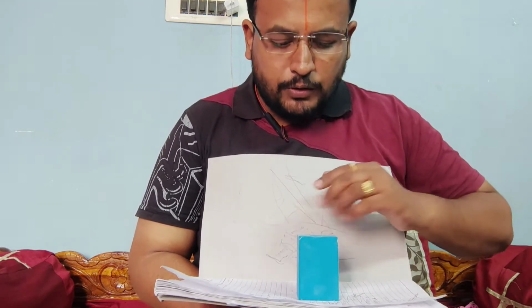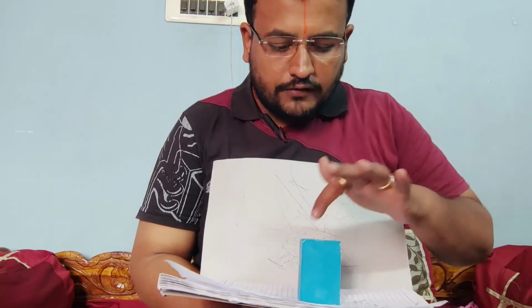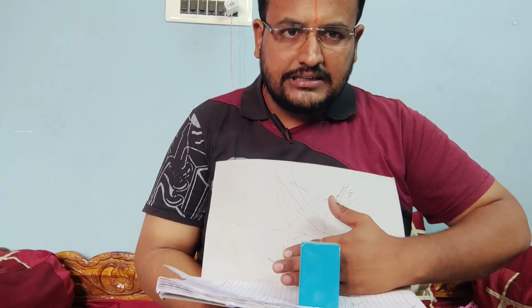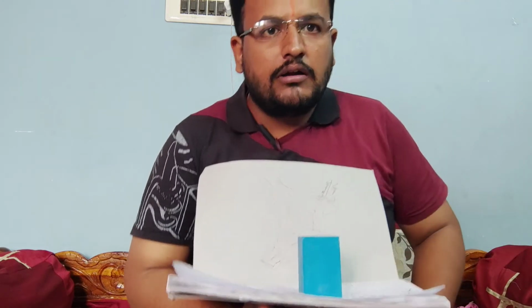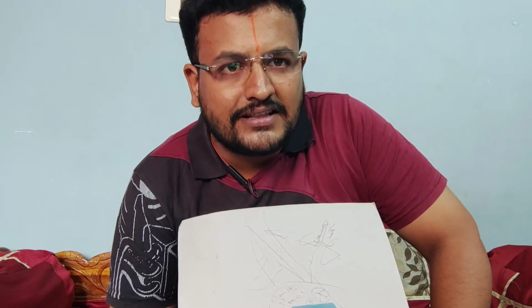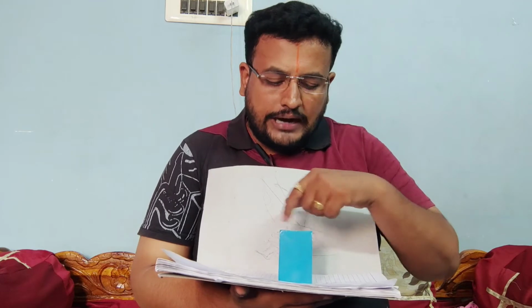But from the top view you can notice the top surface. The base cannot be seen in case of prisms. The top surface can be seen at a certain distance in front of this VP. Always, as I told you earlier, we have to start from the view from where we can see the true shape of the base. But in the case of prisms, the base cannot be seen, as we know that the top and base surfaces are the same. That's why once you identify the top, you have to start from the view from where you can see the top portion of the prism.